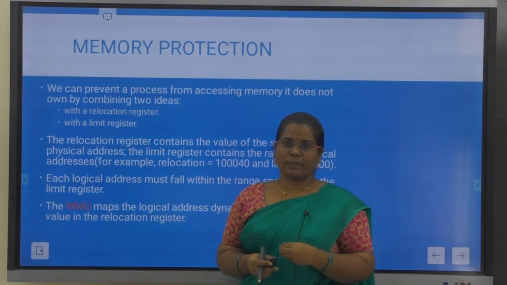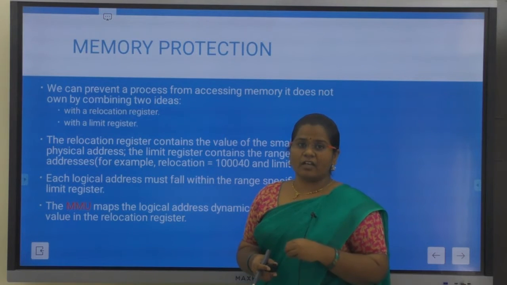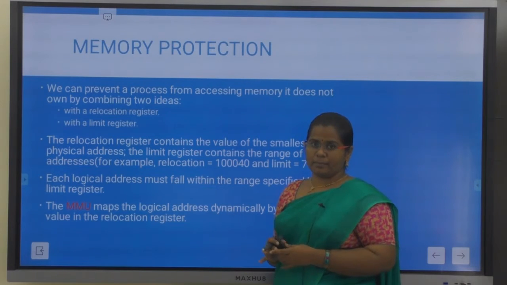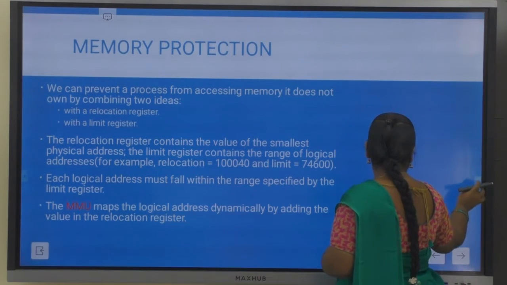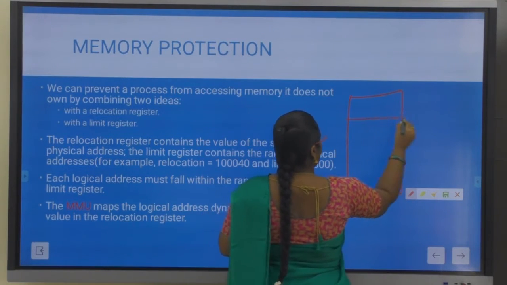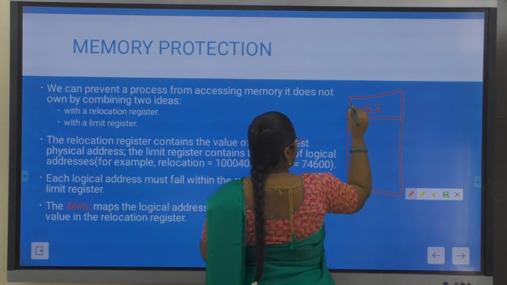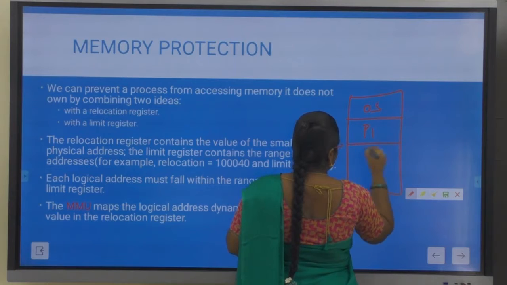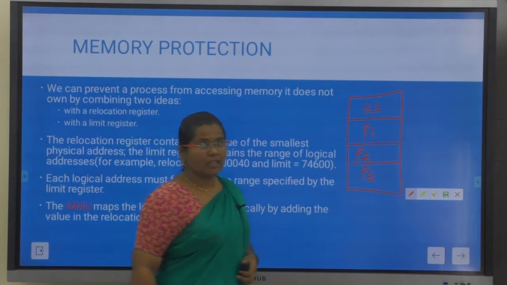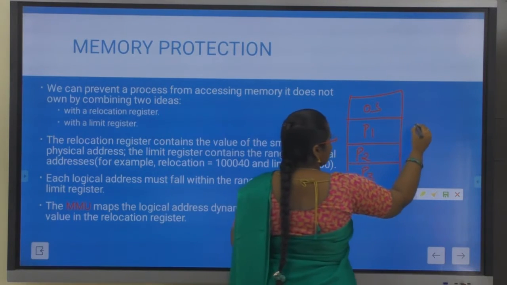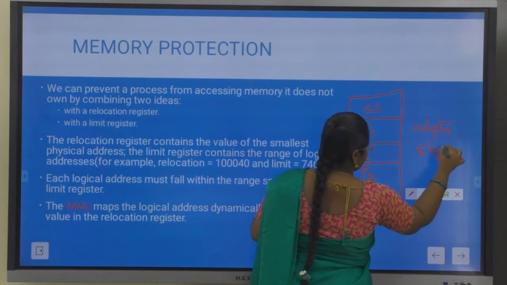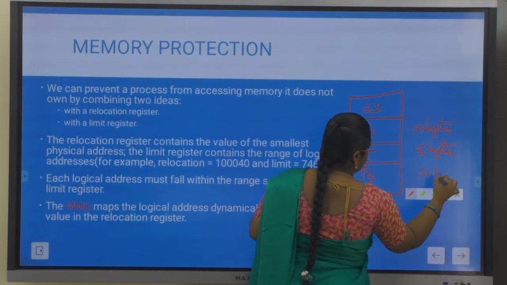Okay, then before going into this method, the first thing we need to consider is that when you have multiple processes present in your main memory, you need to be sure that the CPU is going to access the memory which is allocated for that particular process. Say for example, this is my main memory and some part of it is reserved for the operating system. I have a process P1 here and process P2 and process P3 stored like this in my main memory. Now if I want to execute, suppose P1 is of 10 bytes size, P2 is of 5 bytes and P3 is of 10 bytes.